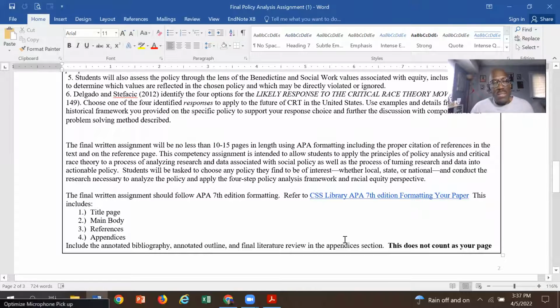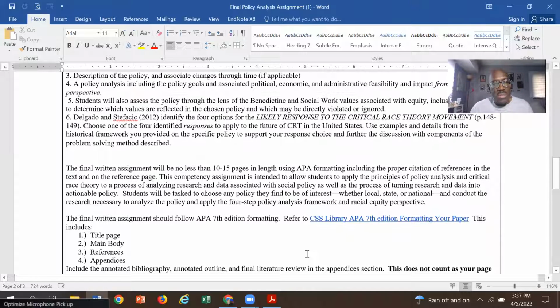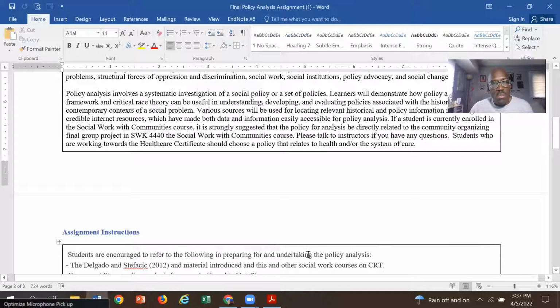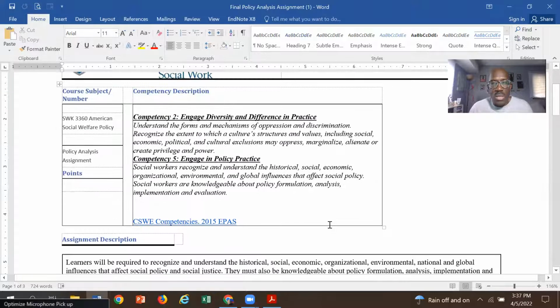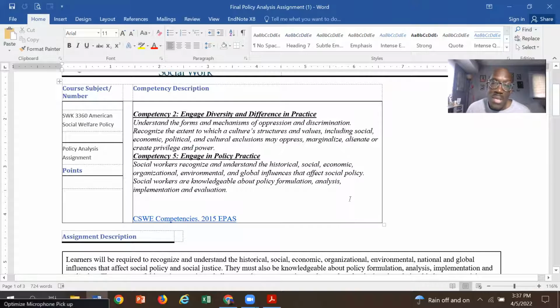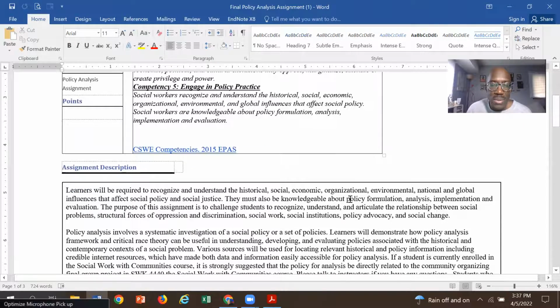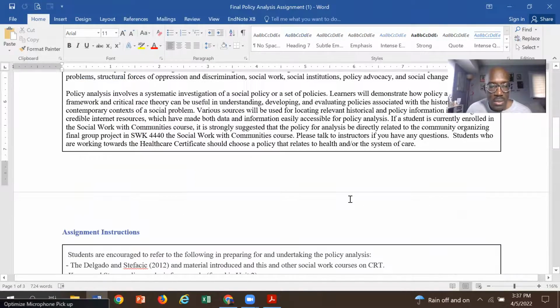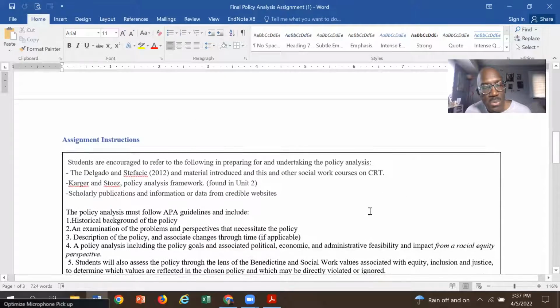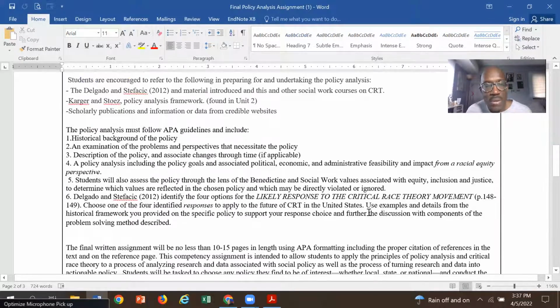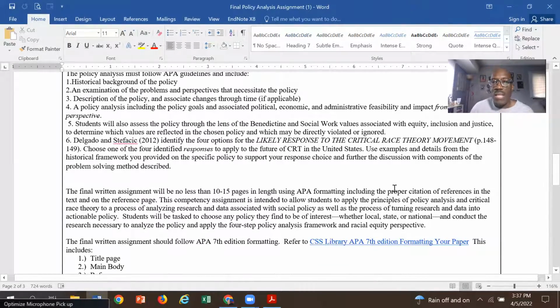So again, I just wanted to take some time to share with you where we are as it relates to this particular assignment. There's a full draft assignment that you will need to turn in a few weeks earlier, before you do your final assignment. We'll take a look at it and give you some feedback in terms of what we want to lay out as well. So we've kind of got the format down.